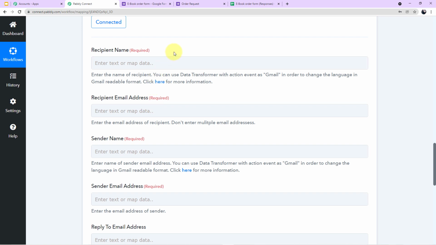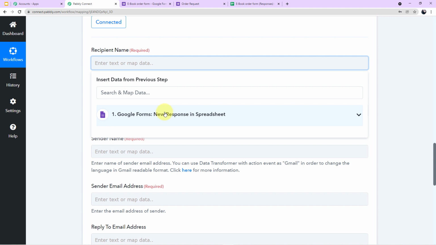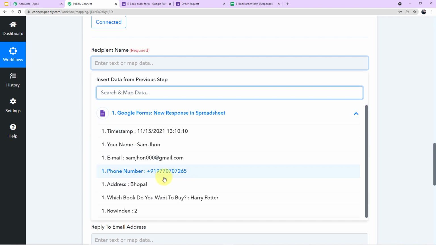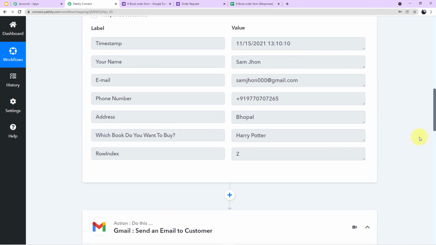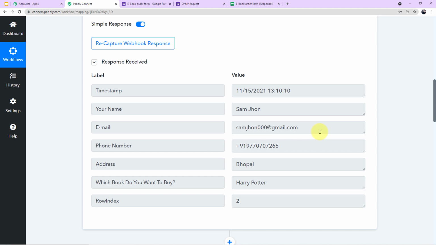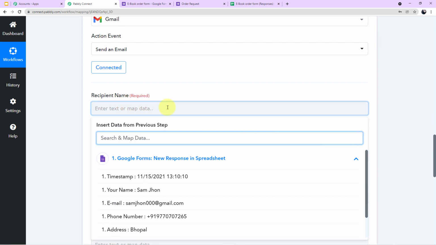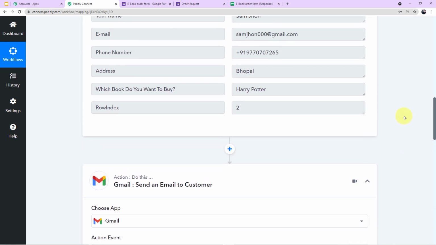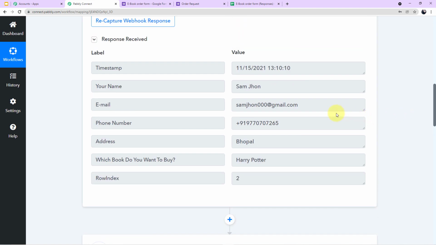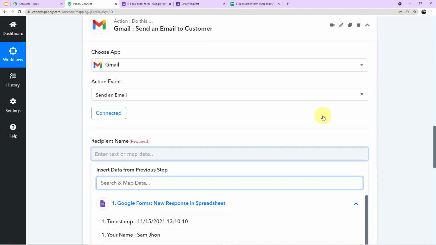But before that, guys, let me tell you what is mapping data. If you click the field, a dropdown will appear in front of you. Now if you click the dropdown, you can see all of the responses. These responses are the same responses which we have captured above in Pabbly Connect. This option of mapping data is given to you by Pabbly Connect because whenever you are required to fill up a value in a required field, you need not go up again and again, search for the data, copy it, come down and paste it.